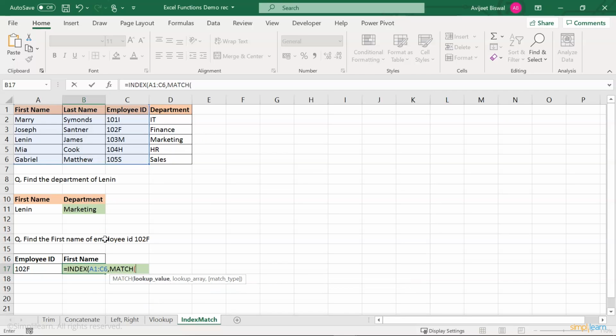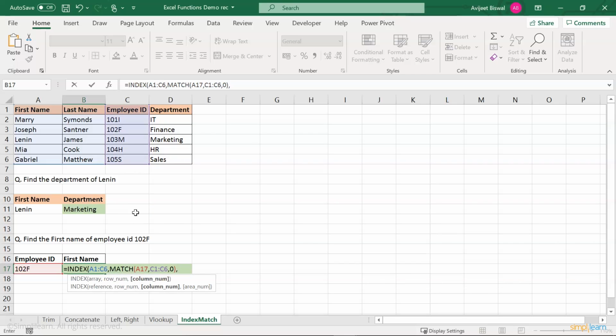I'll write MATCH and my lookup value is 102F, which is the employee ID of Joseph, comma, my lookup array is the C column. So I'll select from C1 to C6, comma, I want an exact match, so I'll use 0.